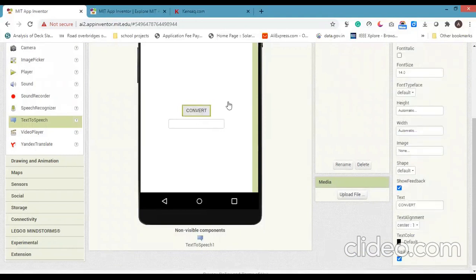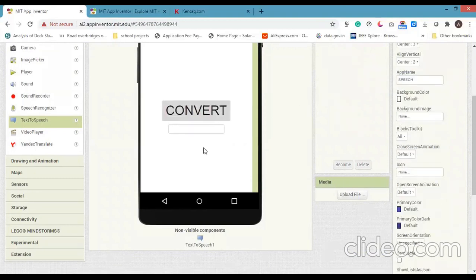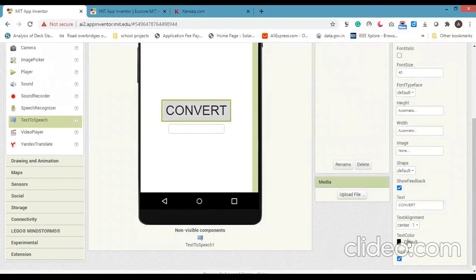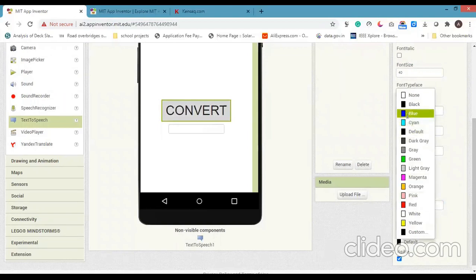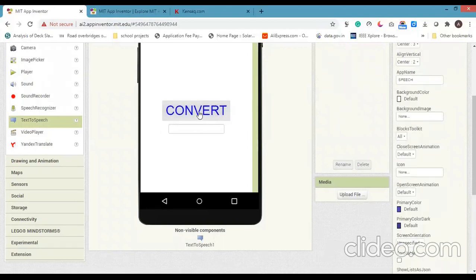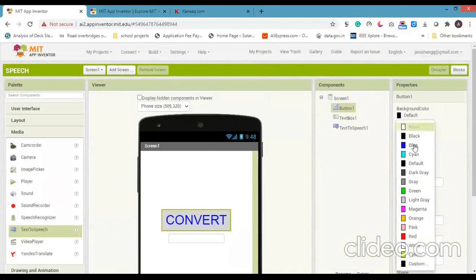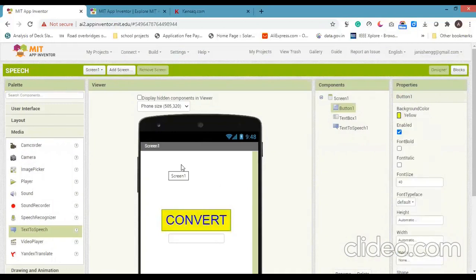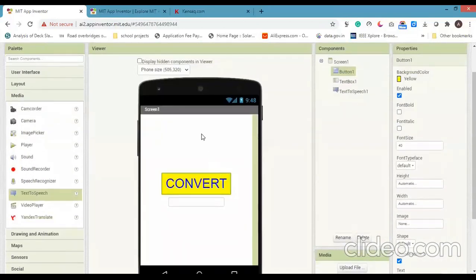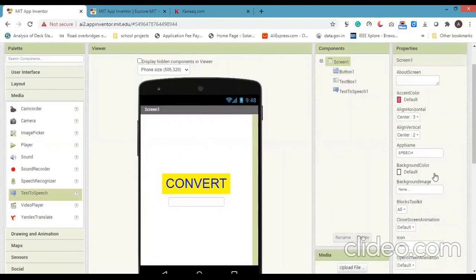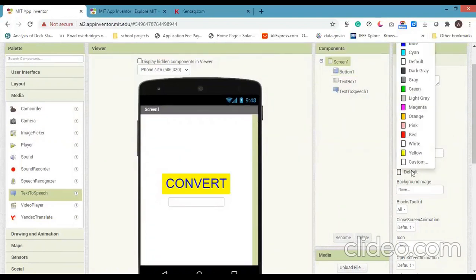Now I am going to increase the font size. Now I am going to change the text color. Now I am going to change the background color. Now I am going to change the background color of the phone.